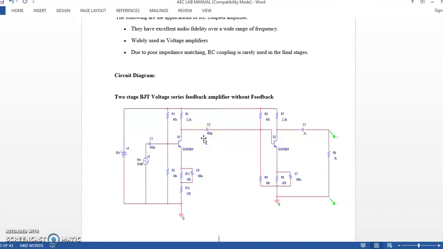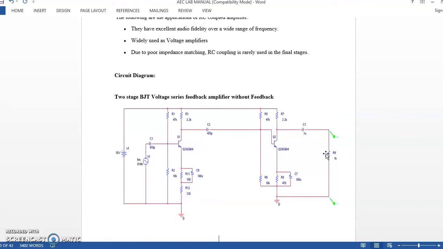This signal is applied through coupling capacitor C2 to the second stage of the transistor, which performs further amplification, and the output is available across the load resistor through capacitor C3. The overall voltage gain of the amplifier is AV, which equals AV1 into AV2.